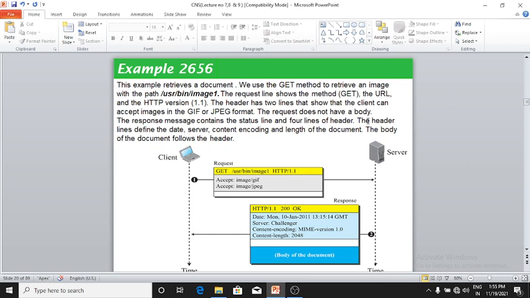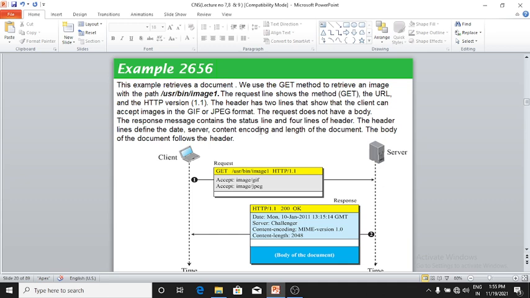The request line shows the method GET, the URL and HTTP version 1.1. The header has two lines that show that the client can accept images in the GIF or JPEG format. The request does not have a body.